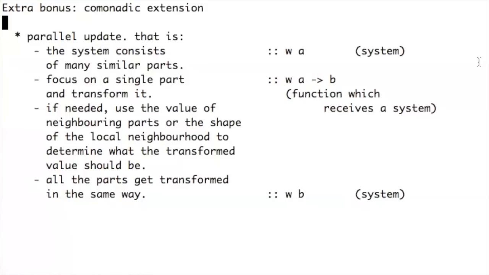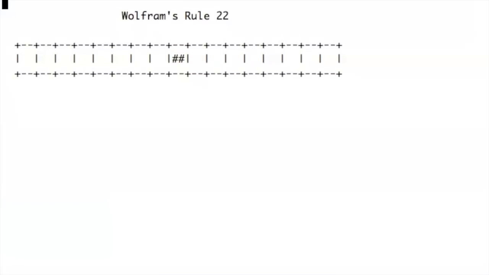All right, so wasn't that another example of something really abstract and really hard to understand? So I'm going to give a concrete example, and now everything is going to be clear. Let's see. A very typical example of a comonad is a cellular automaton, because it's a system which consists of